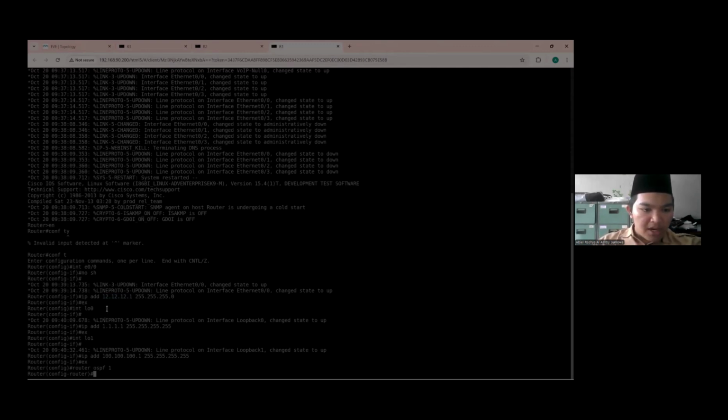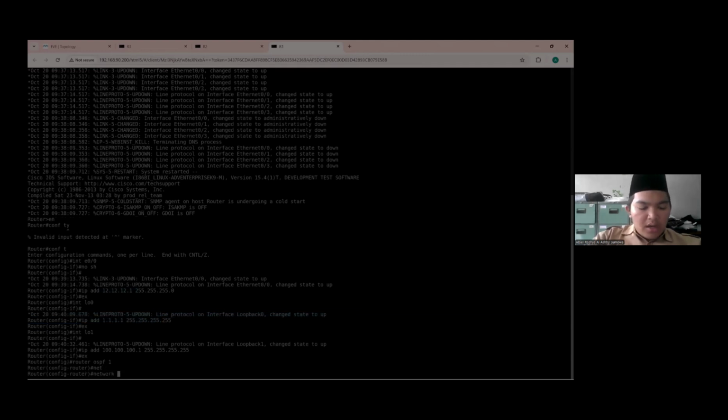In my plan, I'm going to input the physical interface network, 12.12.12.0, and then the first loopback. To input the network, the configuration is like this: network 12.12.12.0, and then input the wildcard mask.